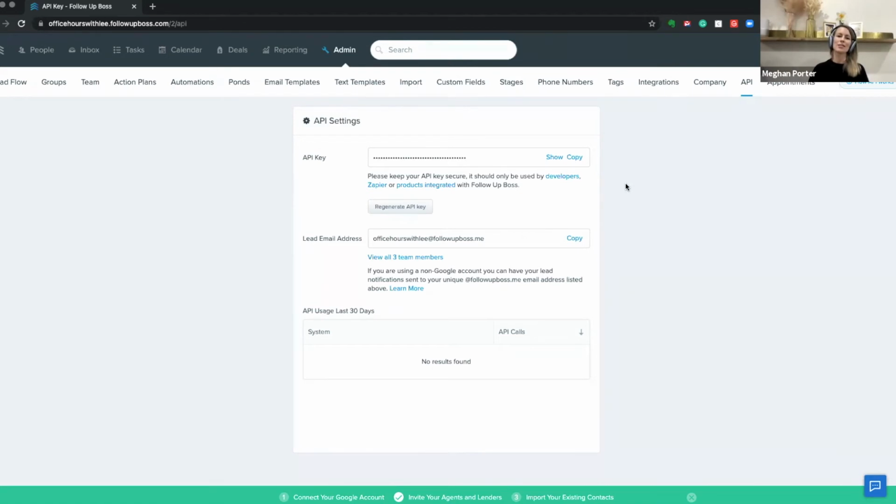So then you have the option to turn on inbox lead processing. And what that basically means is that we're going to kind of scrape your email. So if you're getting leads from homes.com or something, we'll be able to pull that lead in and add it to Follow Up Boss. And because we're pulling it from your email, then if that's a new lead to the system, we'll add it under your name. So that's another way. Yeah, that's a great way.